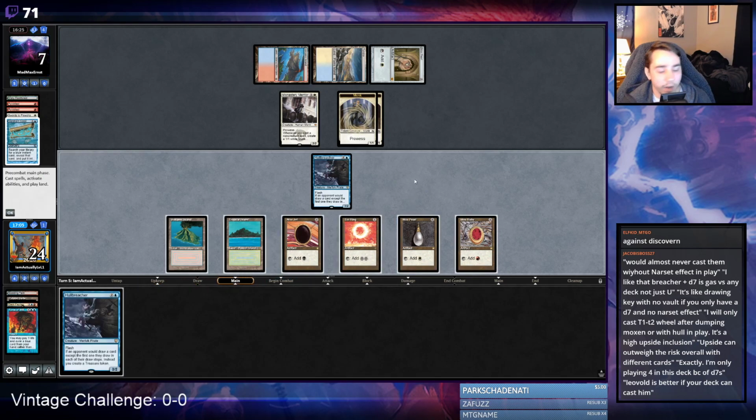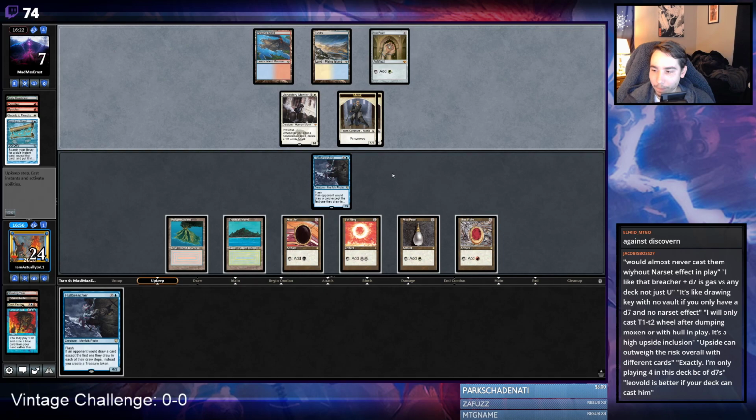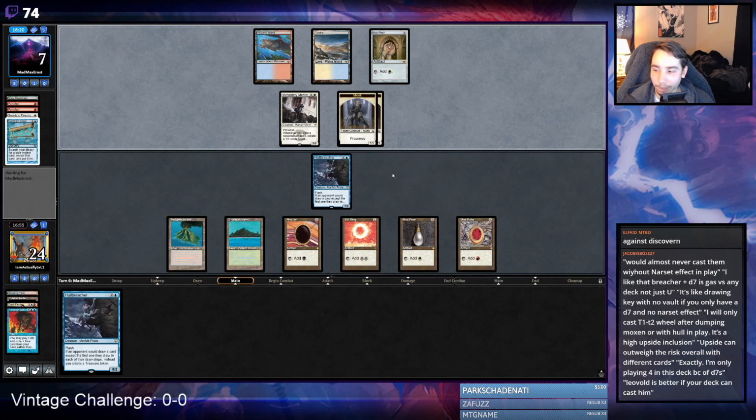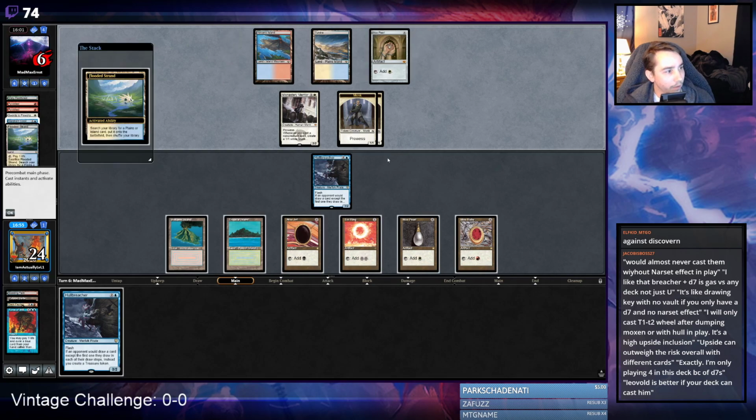Yeah, I get why you would play it. I understand the upside of draw sevens. Like I said, you don't need to sell me on what the upside of draw sevens is. I'm just not sure it's worth it. Yeah, I don't think you would play four Hullbreachers without draw sevens. Probably not. It's not that good of a card. I get the logic. I just don't know if it checks out. Unfortunately,